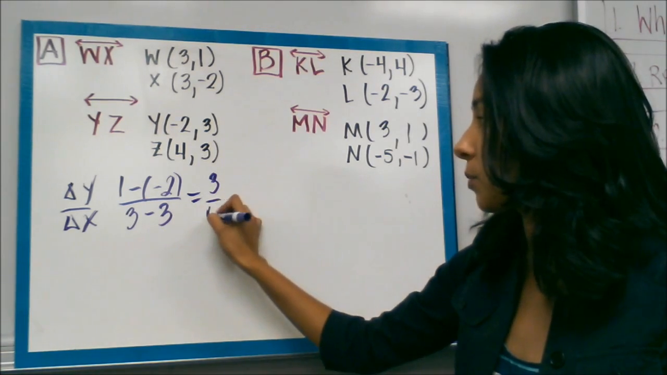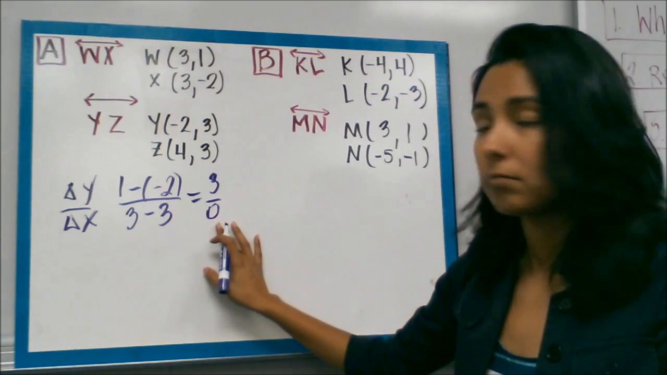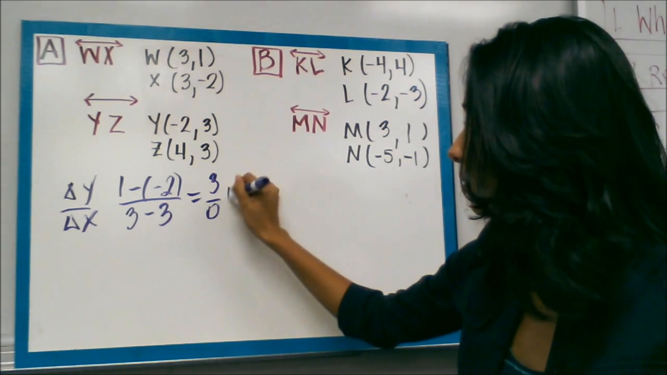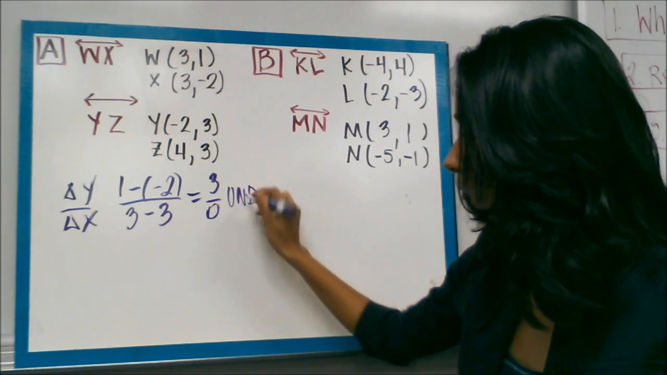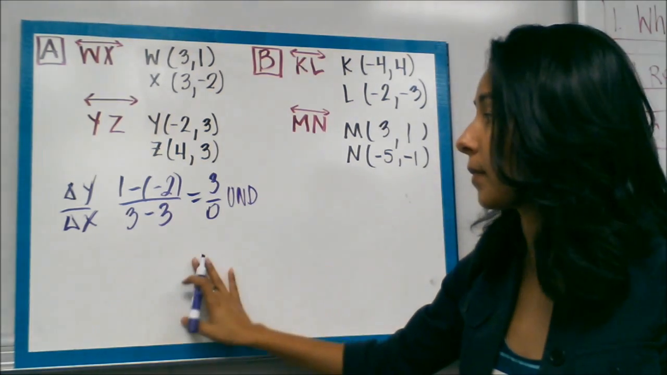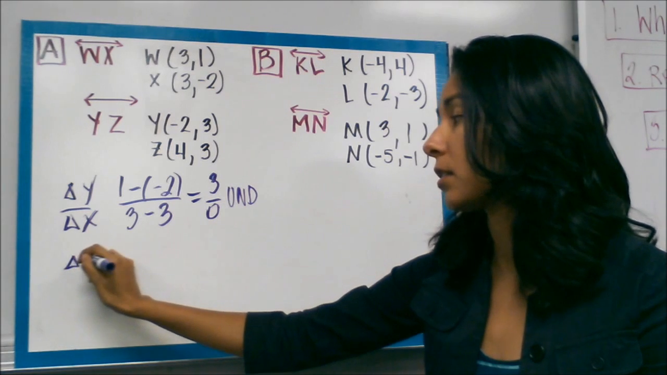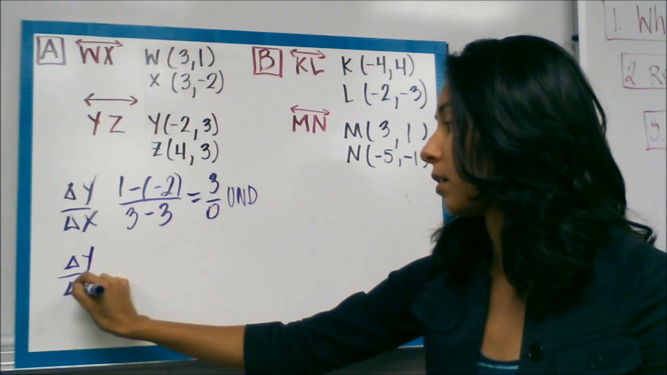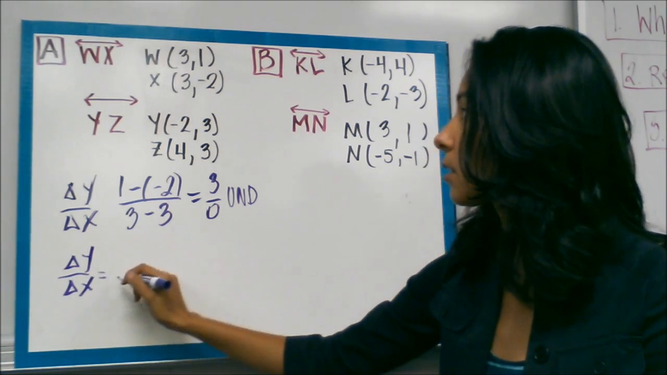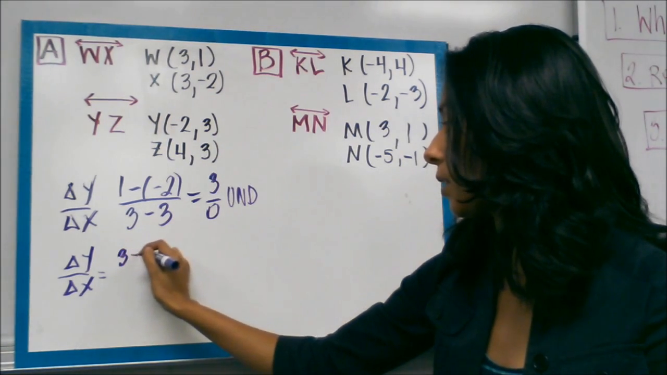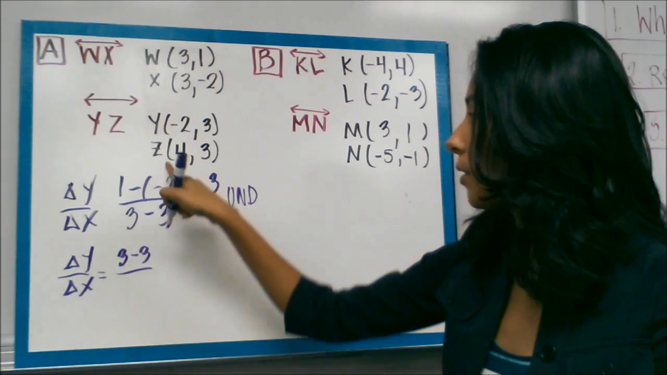3 minus 3 gives me a 0 on the bottom. Can't have a 0 in the denominator, so this is an undefined slope. That means it's a vertical line. Alright, so now let's do YZ. Still need the change in Y over the change in X. So my change in Y values, my Y values, I've got 3 minus 3 over the change in the